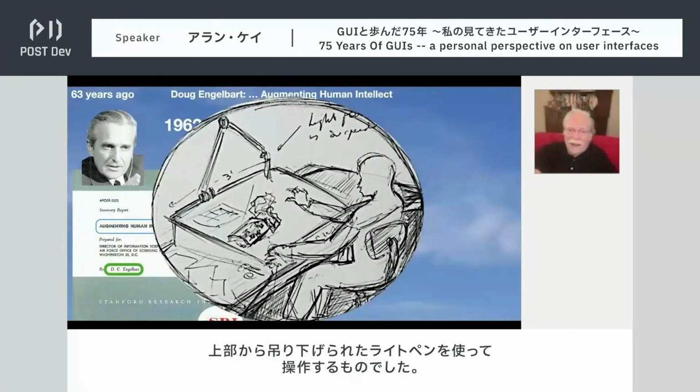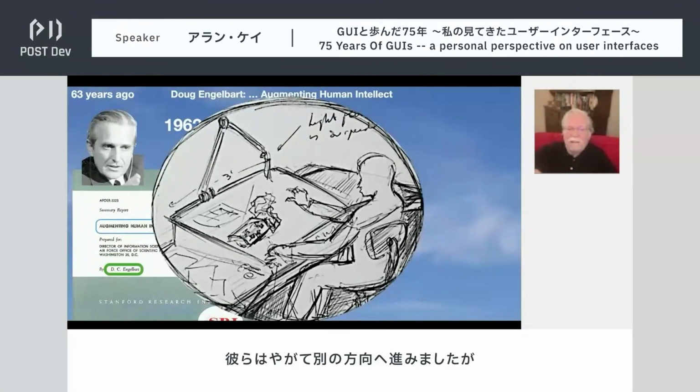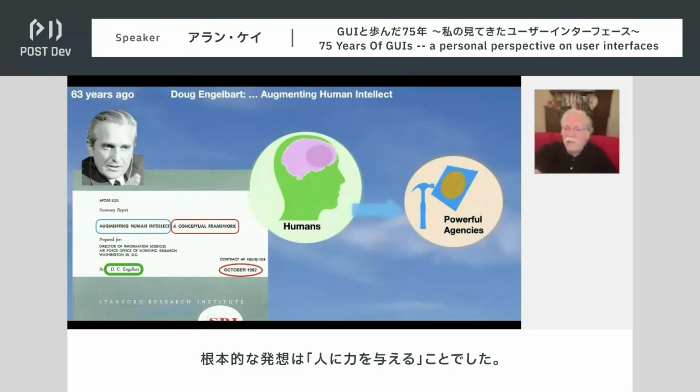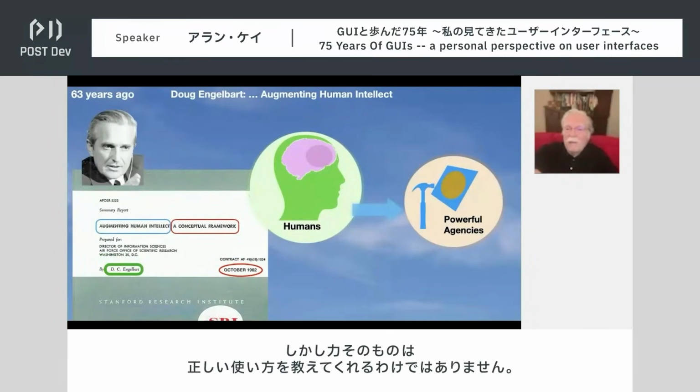It had a light pen that was hung over the top of it, and they quickly moved to something else. But their idea about what they were doing was to give humans power. And they realized that power does not teach you how to use things.